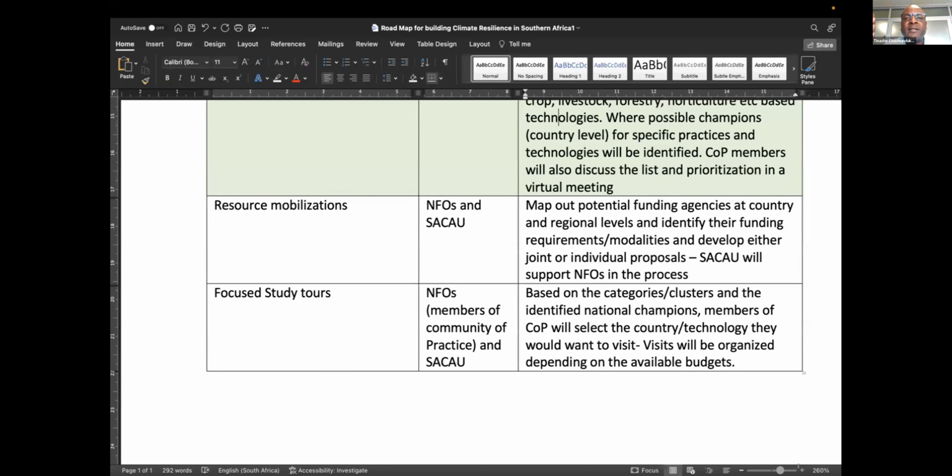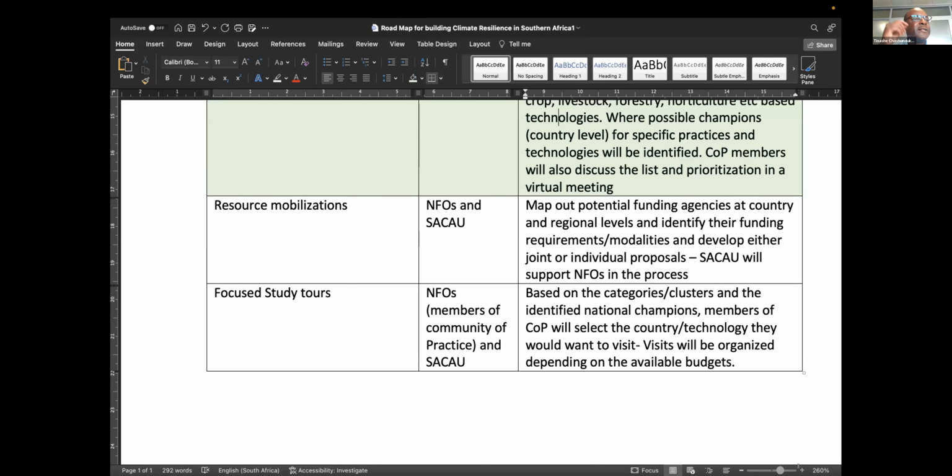So once we get this tool, the prioritization across the subsectors, we can use it to look for resources that are going to assist us to make sure that whatever we plan to implement, we have the resources to do that. Now, the responsibility for this will still be with national farmer organizations, because they are working at national level, and they are also working with the communities. They know the needs of the farmers who are their members. So we will need them to lead there, but SACAO will be in the background, leading in terms of approaching